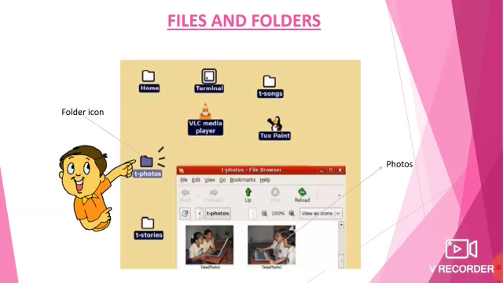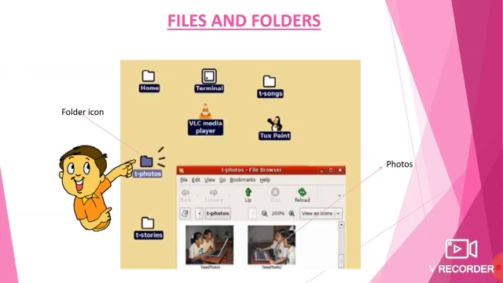Okay, so one more thing, in all of our homes we have a system, that is a computer, isn't it, children? Yes, so your father will store your photos in it. If he opens the computer, will all the photos suddenly be on the desktop? No, they will be in some other place.